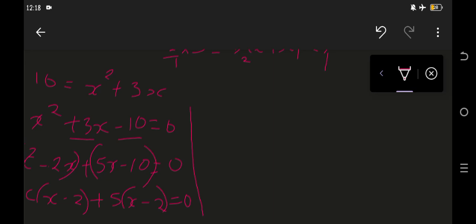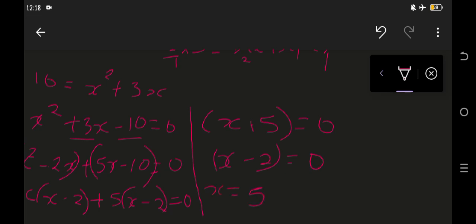So here you will have x plus 5 is equal to 0 and x minus 2 is equal to 0, meaning that x can be